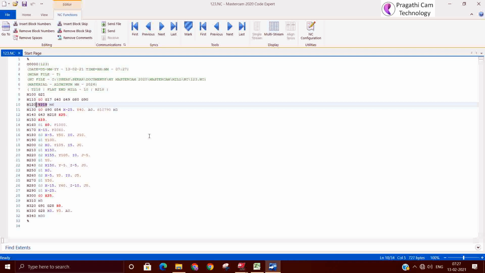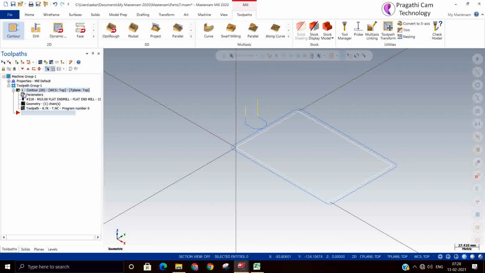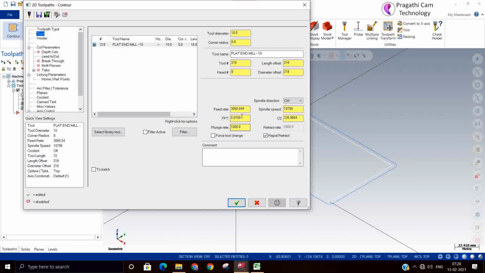Suppose your tool number is 1 and your length offset and diameter offset number are different, then there will be an issue. To avoid this, always keep the tool number the same as your diameter offset number and length offset number. That is the best programming practice.